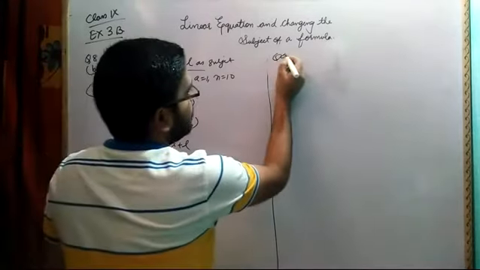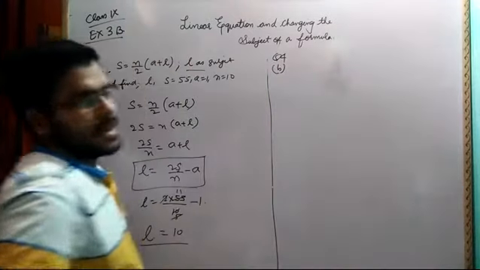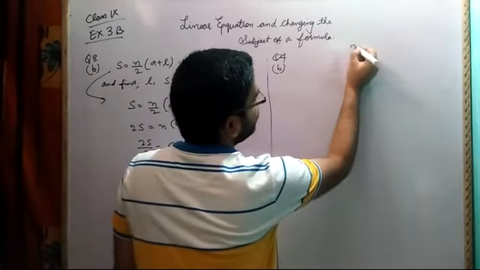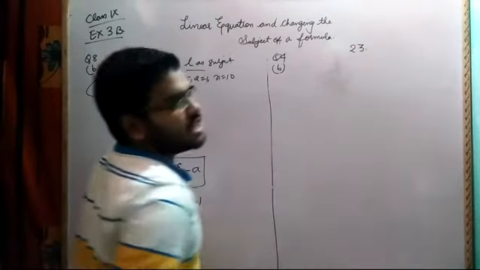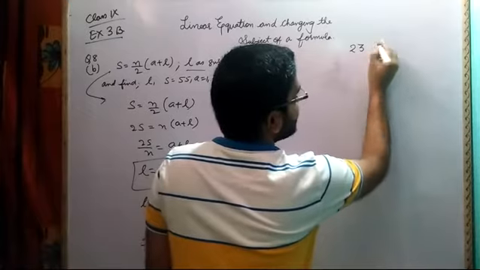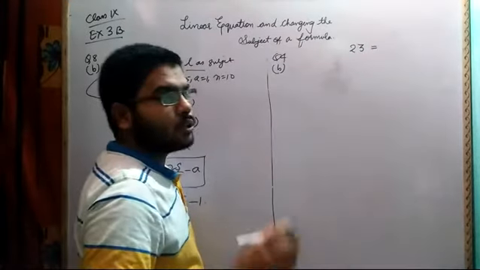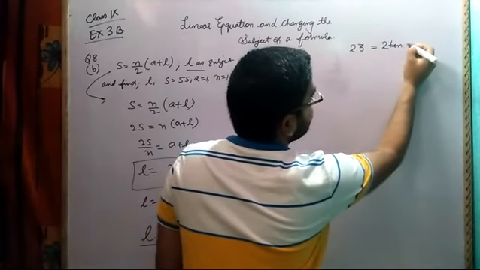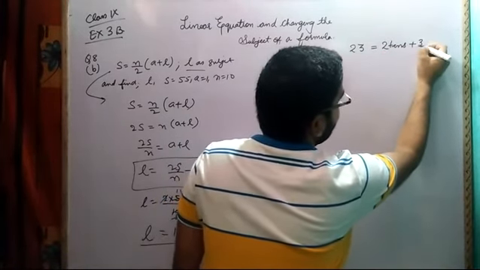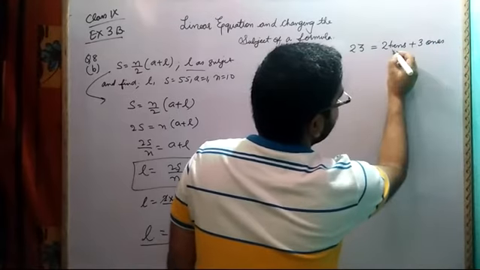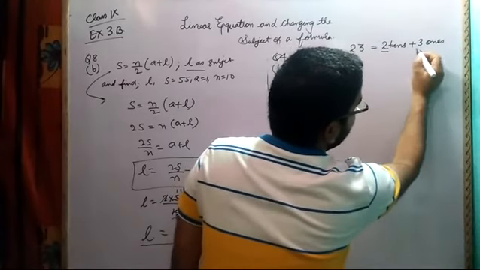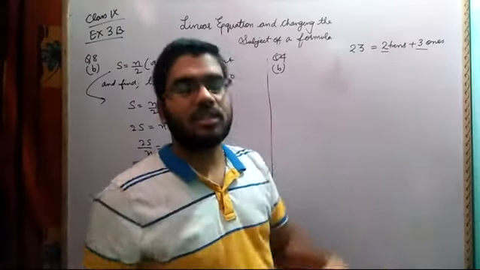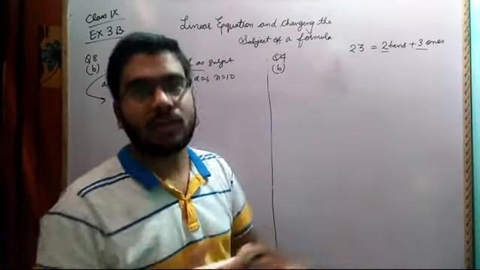Now question number 4 subpart B, my dear students. They are saying that we are having a 2-digit number. Let me explain. If I write 23, this is a 2-digit number. In our lower classes, like in class 1, LKG, UKG, we have studied, we used to write fill in the blanks type: 23 is equal to 2 tens plus 3 ones. Our teachers used to make us learn all these things by heart.